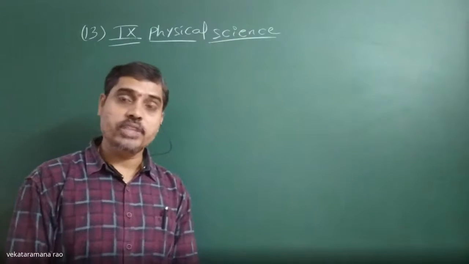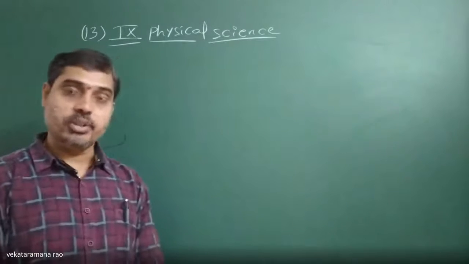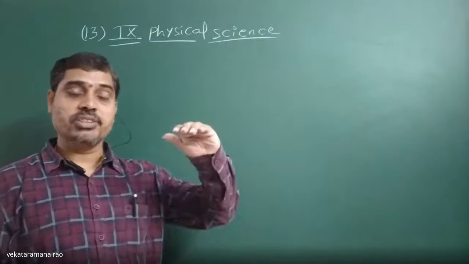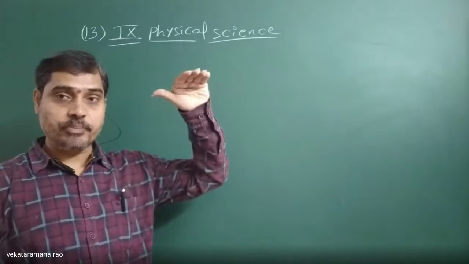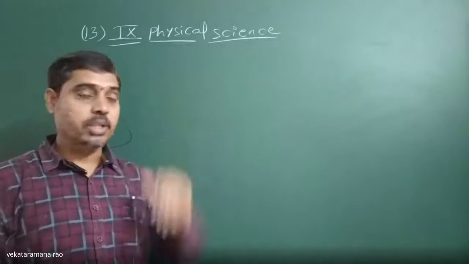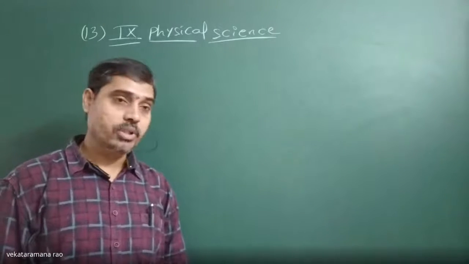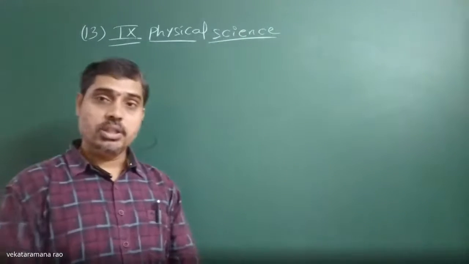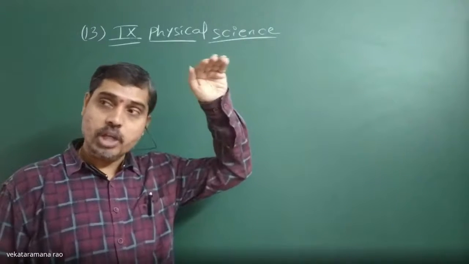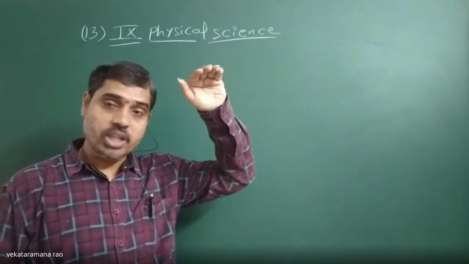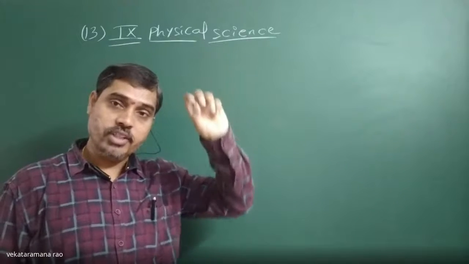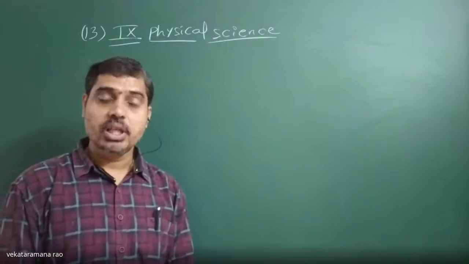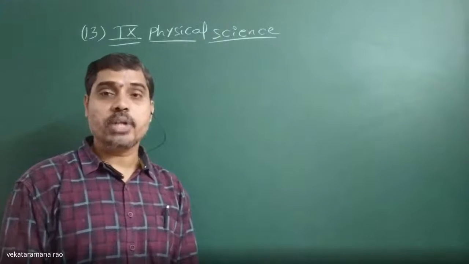Now in that case, what is the final velocity v? V will be 0. Why? Its velocity gradually decreases, and when it reaches a certain maximum height, its velocity becomes 0. Now, when it is freely falling, its initial velocity u will be 0. To drop a body, it doesn't require any velocity. Simply if you drop it, because of Earth's gravity, it starts falling. That means acceleration due to gravity will be plus g and u will be 0, and s we substitute as h.